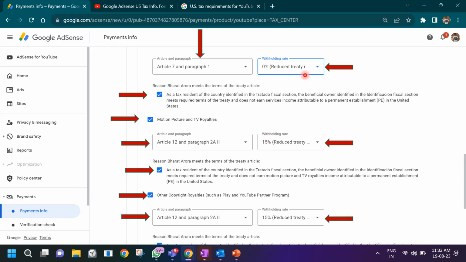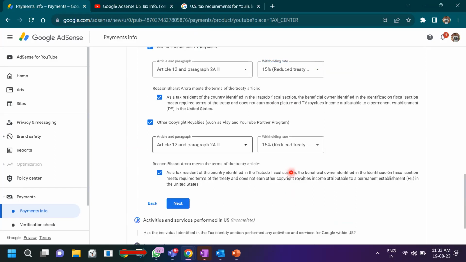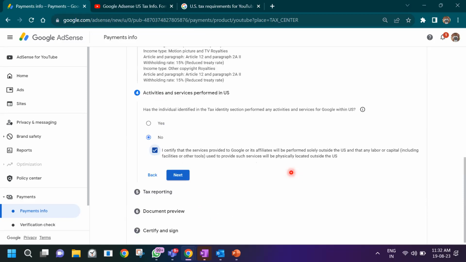So, if you see here, by doing all of this, you are asking Google not to deduct 30%, but deduct either 0% or 15% taxes on the basis of the video that you've created, the people who are watching from US. The next step is again checking this checkbox, click on next, and then what are the activities performed in